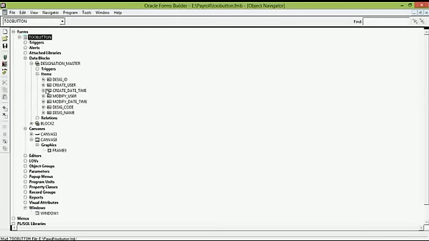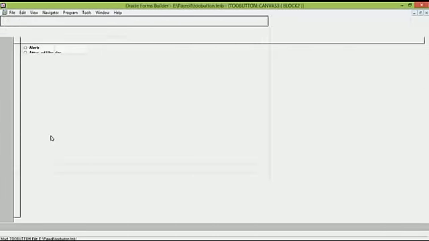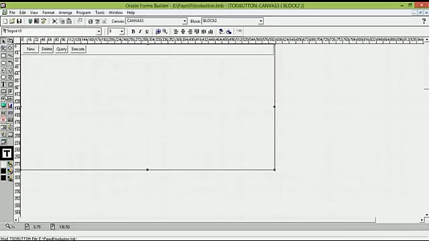Okay, so let us create another button, exit.